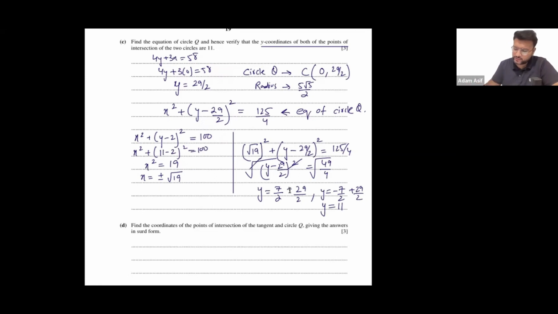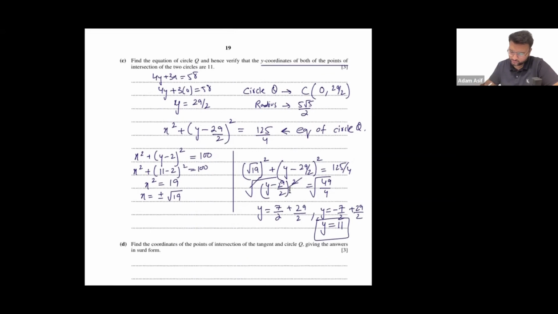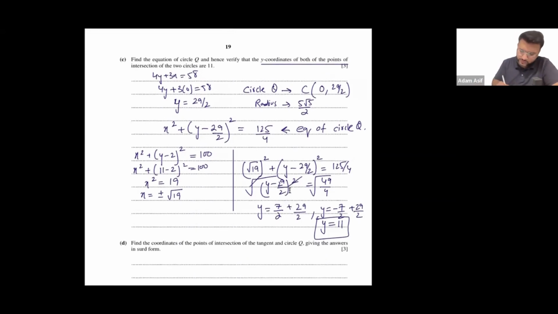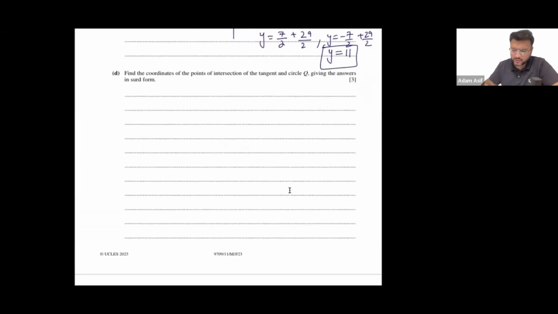अच्छा, x स्क्वायर की वैल्यू ही 19 लेनी है हमने, ठीक है, और फिर y के लिए सॉल्व करना है हमें। तो y की वैल्यू 11 आनी चाहिए, तो ये y की वैल्यू 11 यहाँ पे आ रही है। ओके, so instead of taking plus minus, I should have just used x square equals to 19, and यहाँ पे हम x square की वैल्यू ही प्लग इन कर देंगे, that is 19, and then solve for y, so we get y as 11। तो ये हो गया verify, ठीक है।